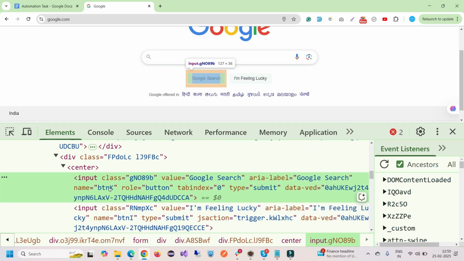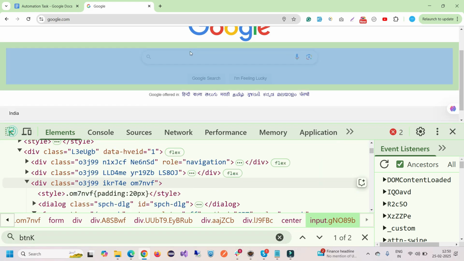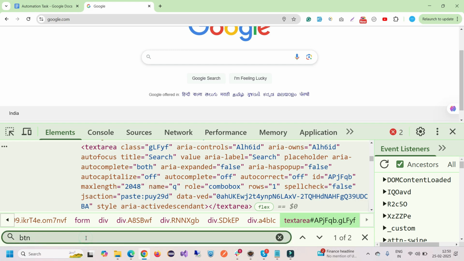We have an option button whose name is btnK. Okay, and I guess this is a unique one, so I can say yeah, it's unique. No, two are there. Let's interact with the input. For the input we have a name as q, so I can create an XPath of this text area,